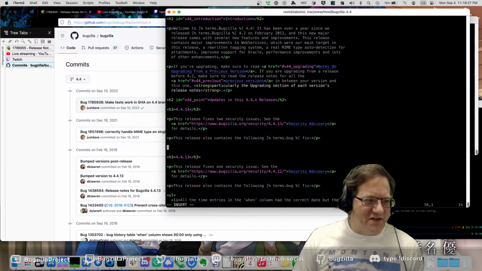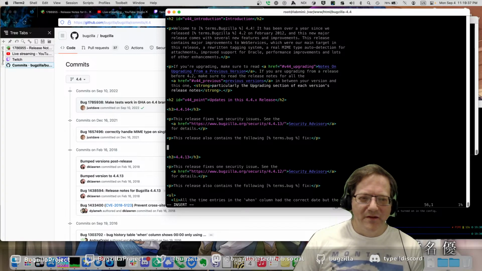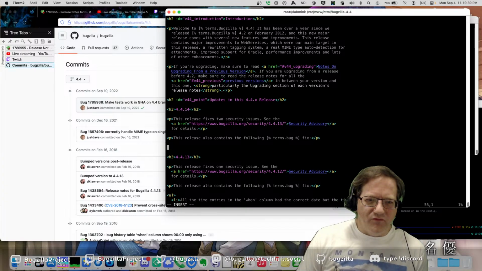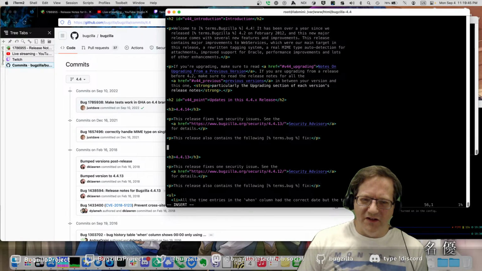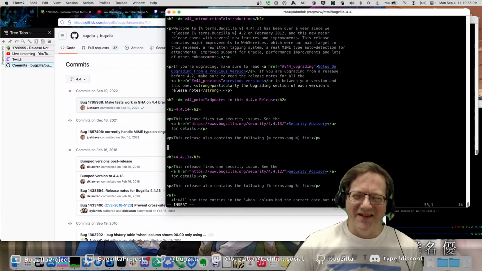Because there is a feature in Bugzilla to allow you to change the word bug to something else for your installation if you wanted, like if you wanted to call it issue instead of bug. And so one of our unit tests that the release tests check looks at all of the strings in the templates to make sure that the word bug doesn't occur without being a template variable, to make sure that it gets replaced.